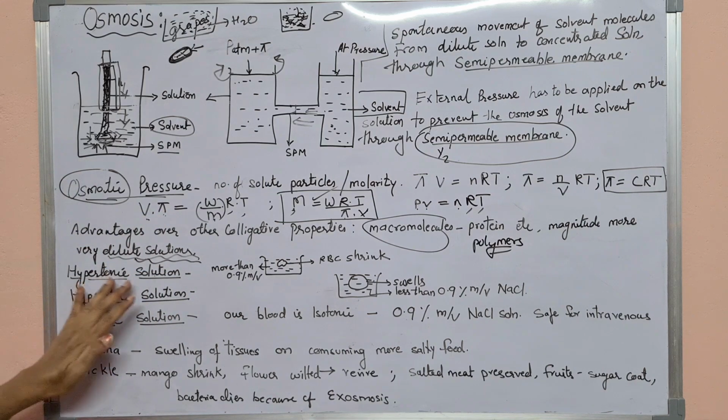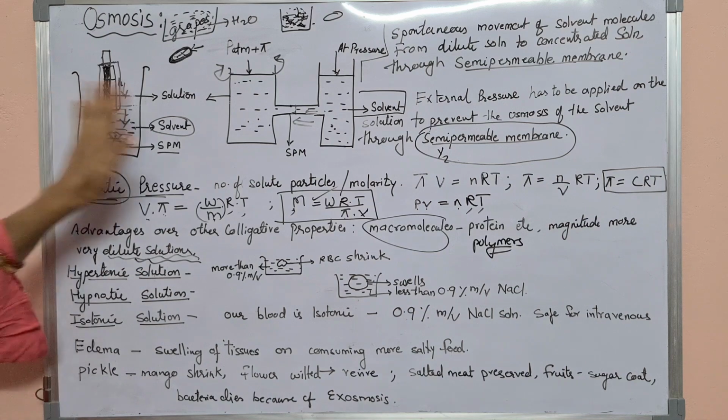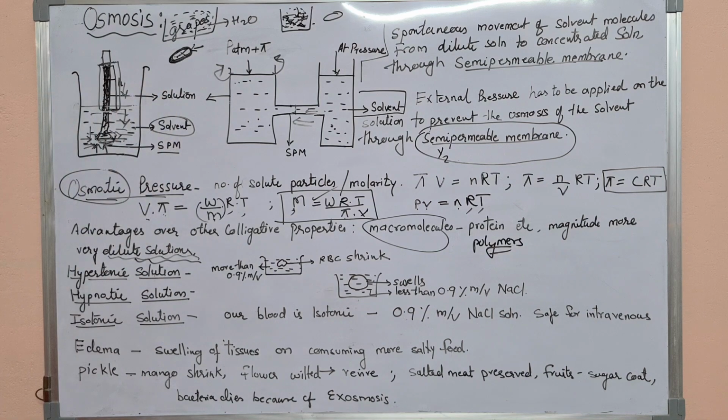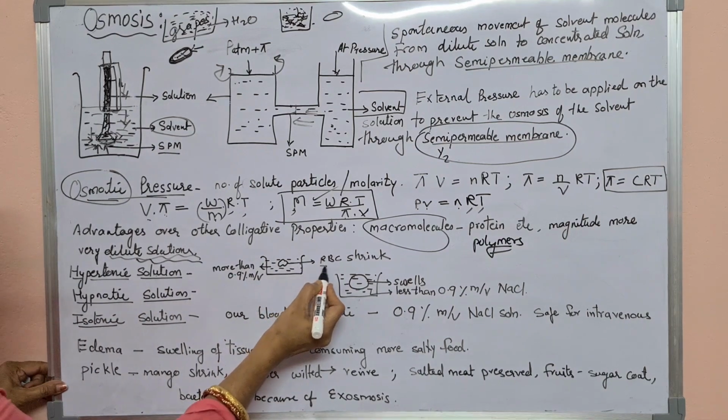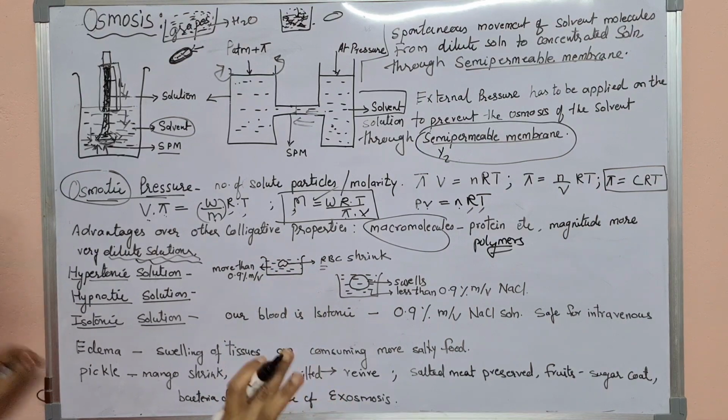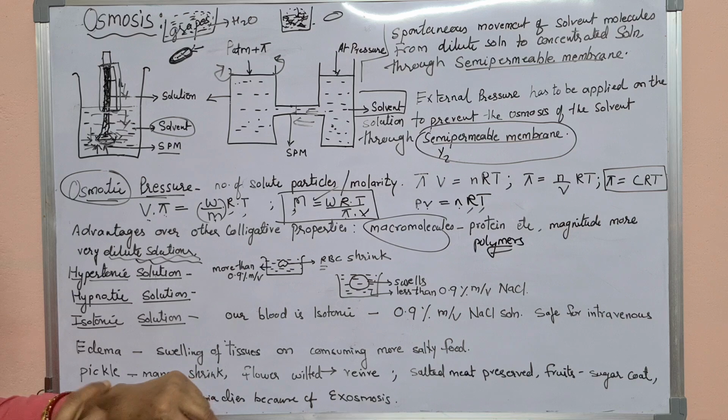ठीक है. Hypertonic solution. ठीक है. अभी मैंने solutions बताया. Hypertonic solution. So what happened? For example RBC, मैंने red blood cells लिए. ठीक है. Actually what happens students, that in our body the medium